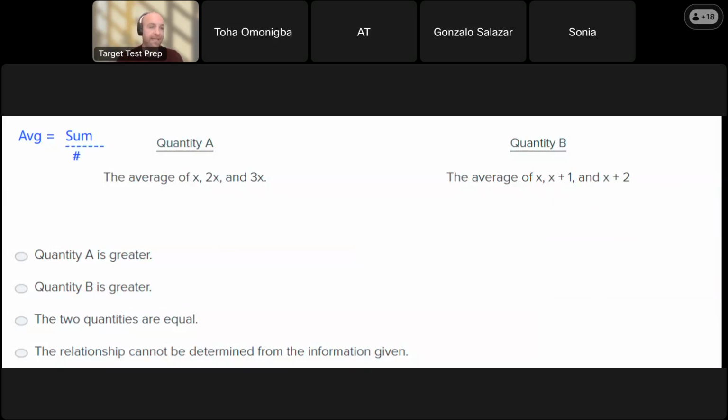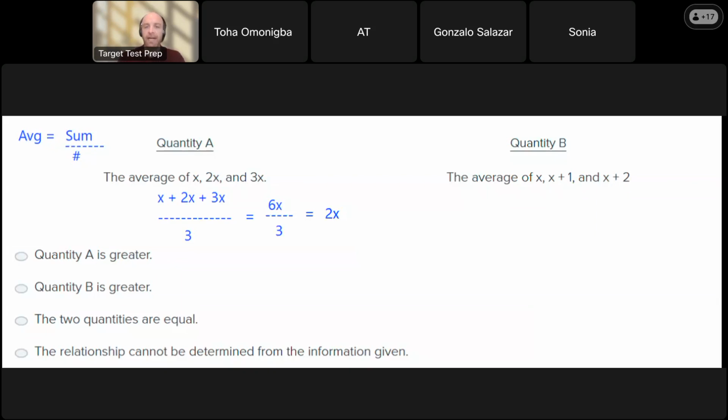So what is the average then? It's going to be x plus 2x plus 3x, and I'm going to divide that by 3. So in the numerator, I end up getting 6x, 1 plus 2 plus 3, and I divide that by 3. So I have figured out that the average is 2x. And it's much the same over here